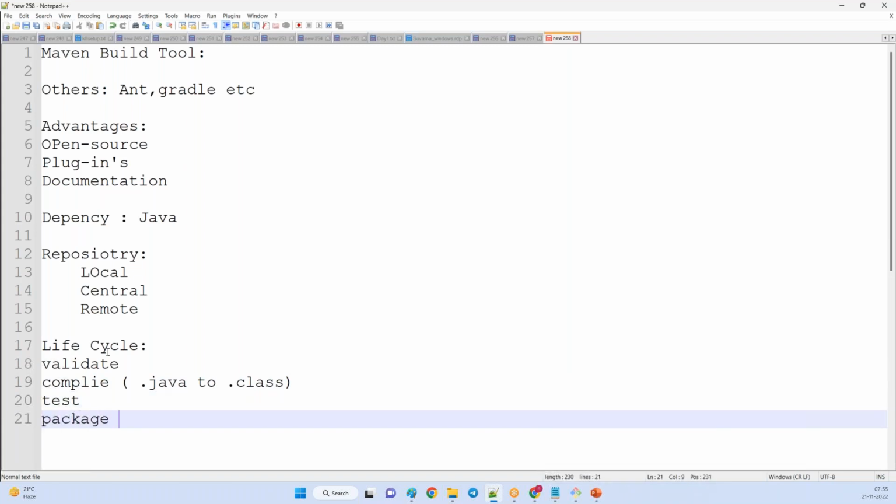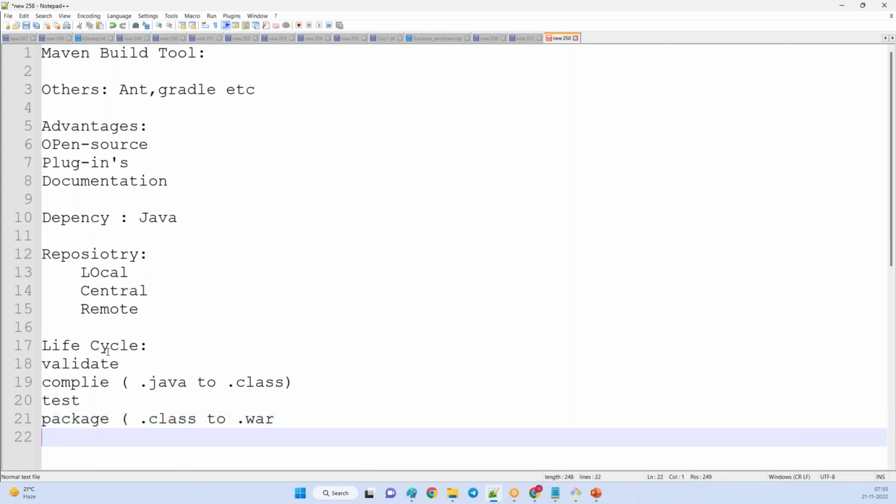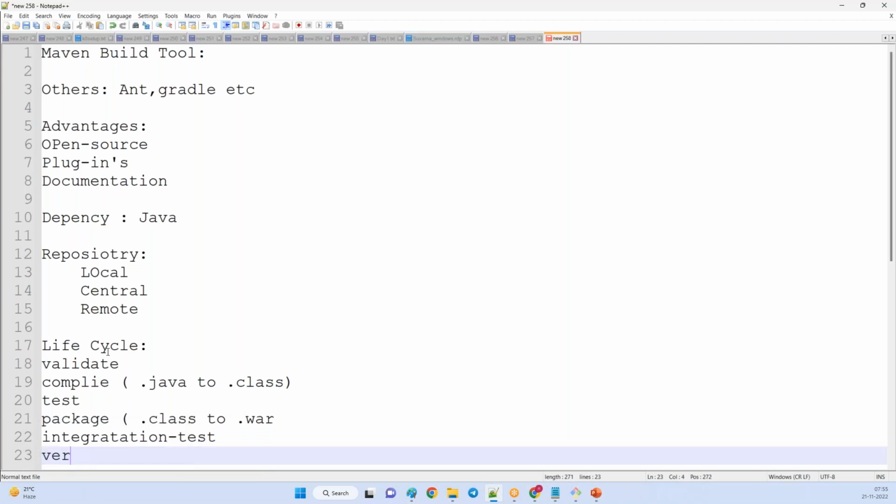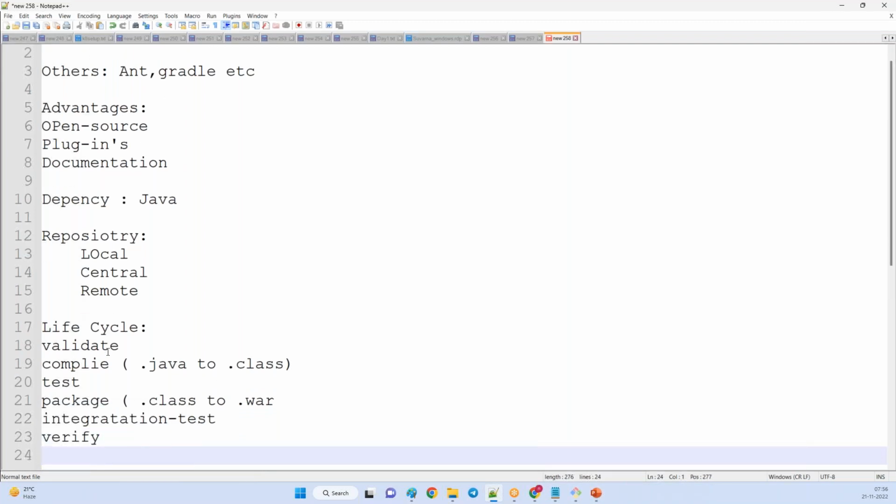In the package stage, you build the .war file from .class files, the application file. You can integrate your code, integration testing. The next is verification, whether it is successfully developed or not. And we have the install phase, where we can install it into the application servers.